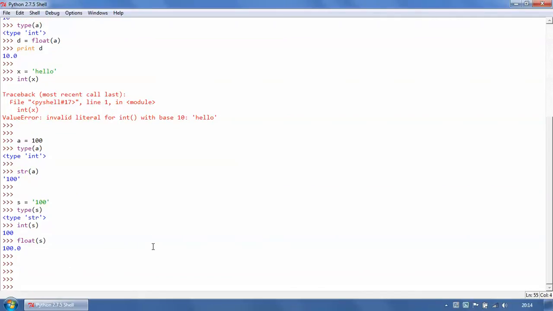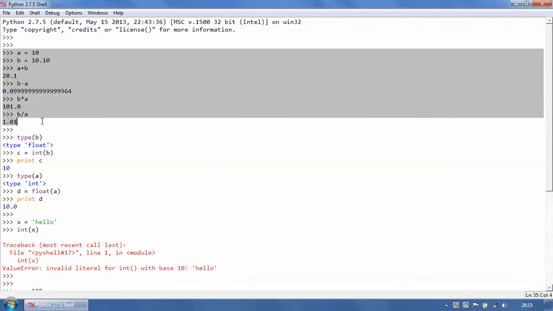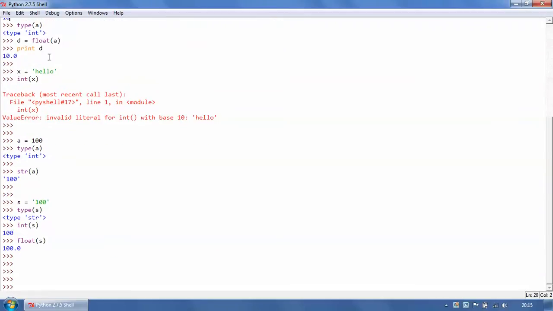Now we've seen what operations can be performed on integers: addition, subtraction, multiplication, division, and we've also seen type conversion, converting one type into another type. Now what we're going to see is some functions: integer functions, float functions, string functions. So what exactly is a function? A function is a block of code that performs some action. You can simply understand it as a block of code that can perform some action, and we can call that